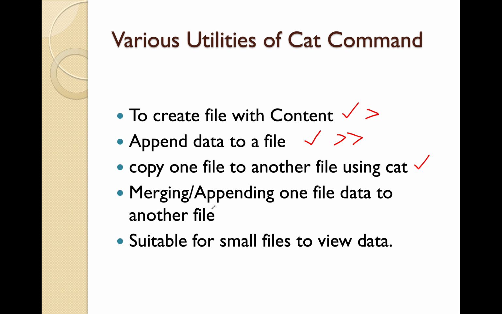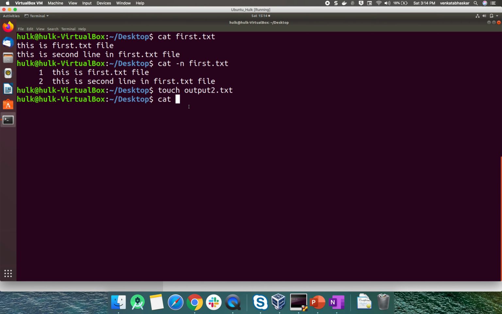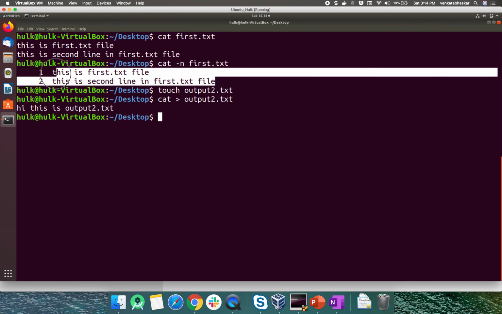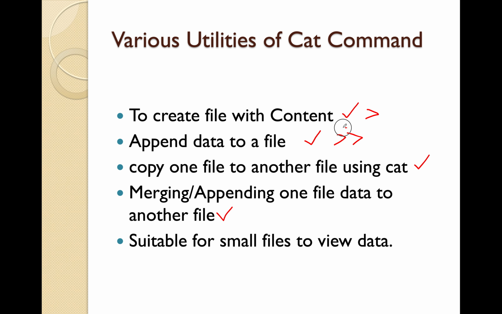Before performing this step, I created one empty file, and I am appending some data. Okay, hi, this is output2.txt. I just added this line, Control D. Now in first.txt I have these two lines that need to be appended to output2.txt, right? Which operator do you need to use?